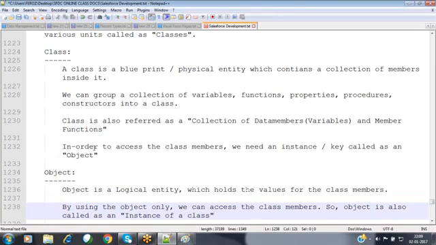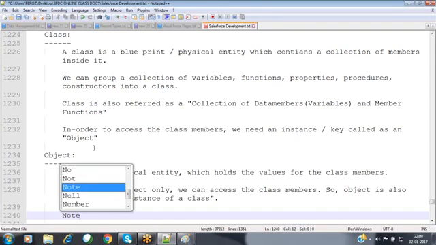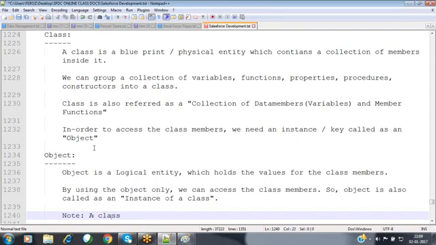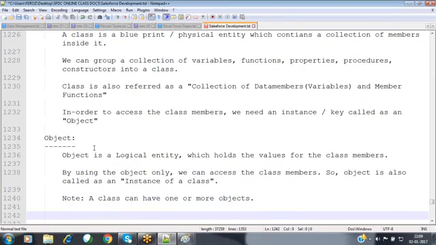Now, a class can have one or more objects.